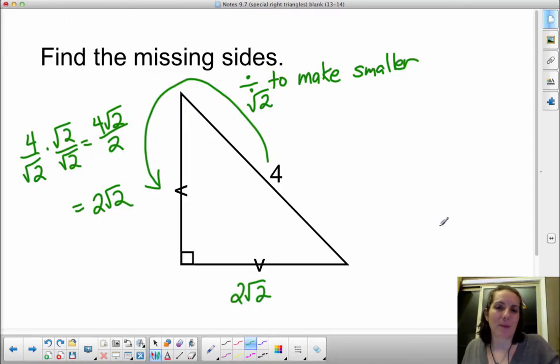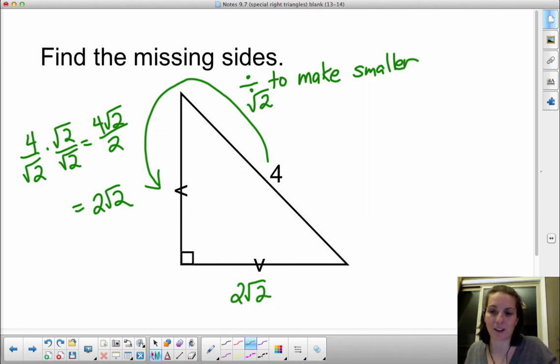Alright, so here's the work to that problem. Remember that since we knew the hypotenuse, we have to use division to find our missing side, to make it smaller. And in this case, because it's a 45, 45, 90, right? Isosceles right triangle, we're going to divide by that square root 2 factor. So I wrote out my work, 4 divided by root 2, then I rationalized my denominator and simplified my fraction. I promise you're going to do enough of these that by the time you get to class on Monday and we can talk about these, you're not going to need my help with rationalizing a denominator. So since I knew it was isosceles, I just put both